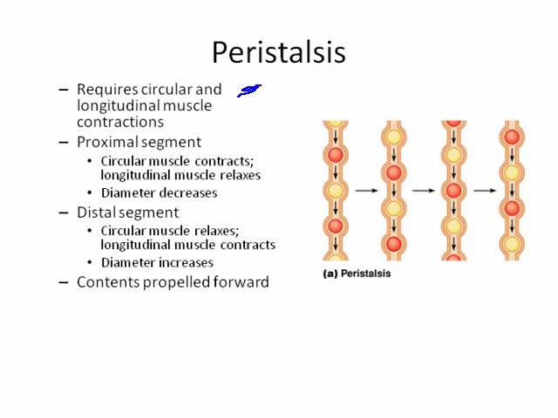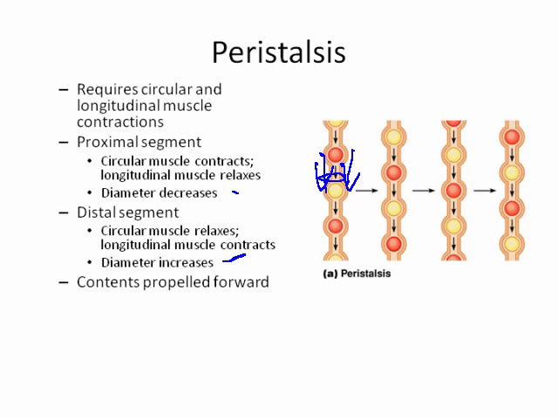Peristalsis. There are circular and longitudinal muscle contractions. The circular contractions, of course, are going to contract the diameter of the lumen, and the longitudinal contractions are necessary for moving a bolus of chyme forward. So in the proximal segment, that is the first segment that we come to, the circularis muscle contracts and the longitudinal muscle relaxes. This is going to allow the bolus to move downstream, and because it's going to increase the diameter of the tube. The distal segment, that is further downstream, the circular muscle is going to be relaxing and the longitudinal muscle contracting, which is going to allow the food to be pushed down through this,